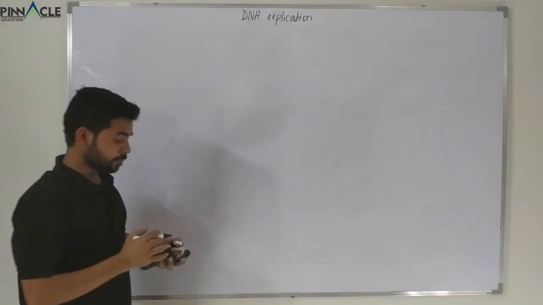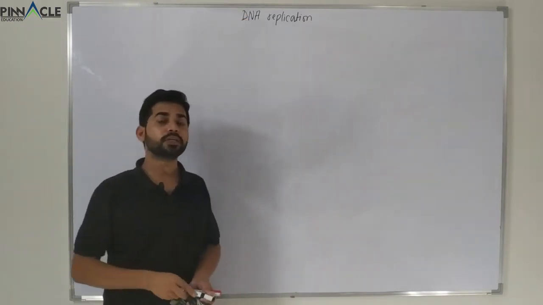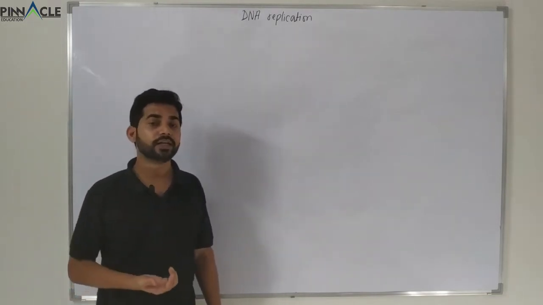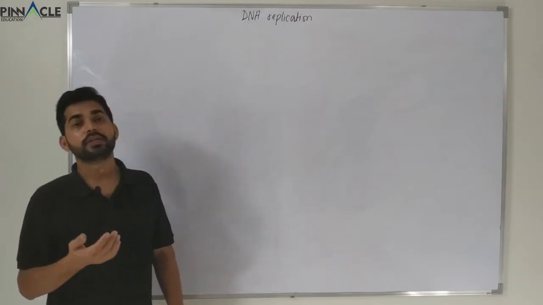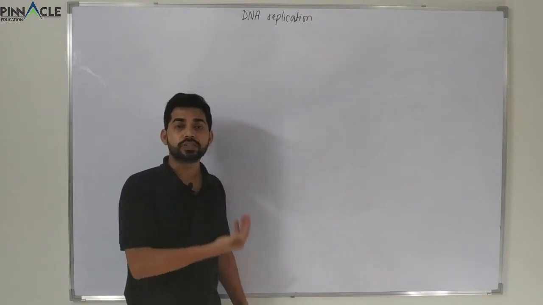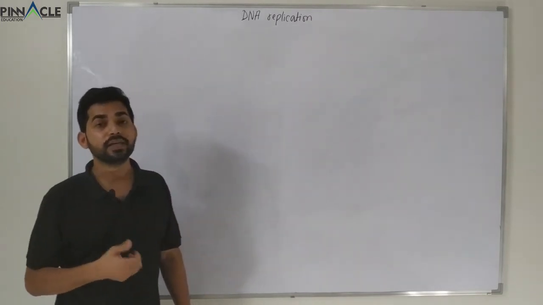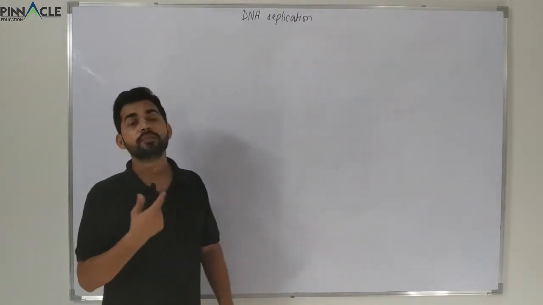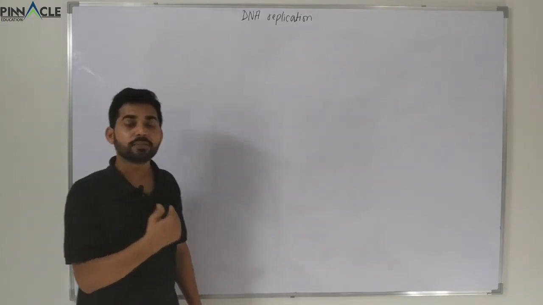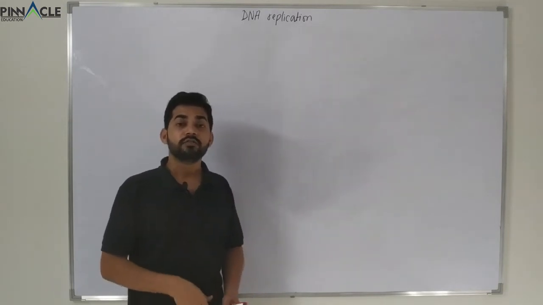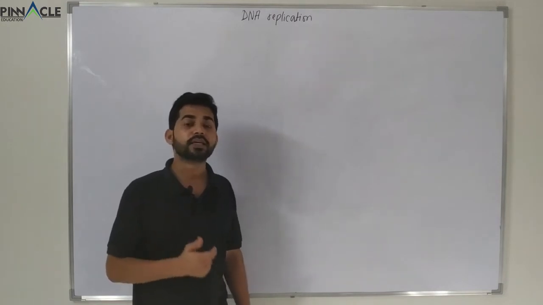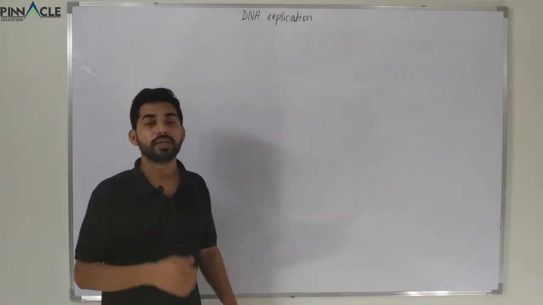So DNA replication has certain properties associated with it. Some properties are semi-discontinuous and bidirectional, and another is that only a single copy of each strand will remain and a new strand will be formed, which is called semi-conservative. So these are the three common properties of DNA replication. Before studying DNA replication and its enzymatic processes, we first have to understand how scientists came to the conclusion that DNA replication is bidirectional and semi-conservative.